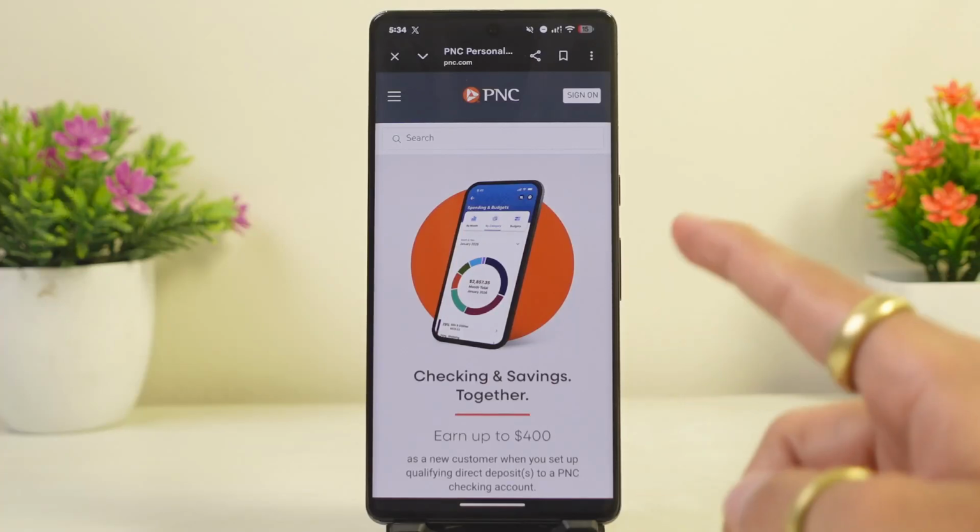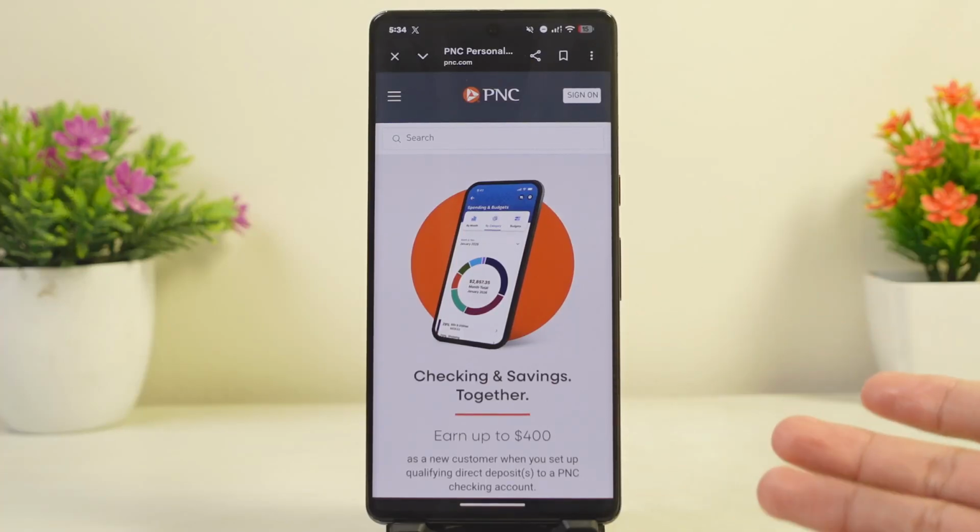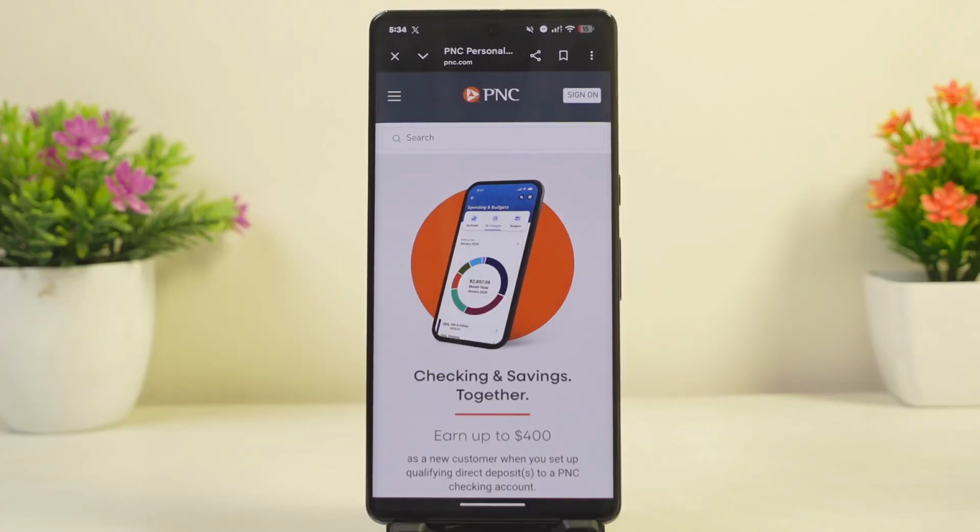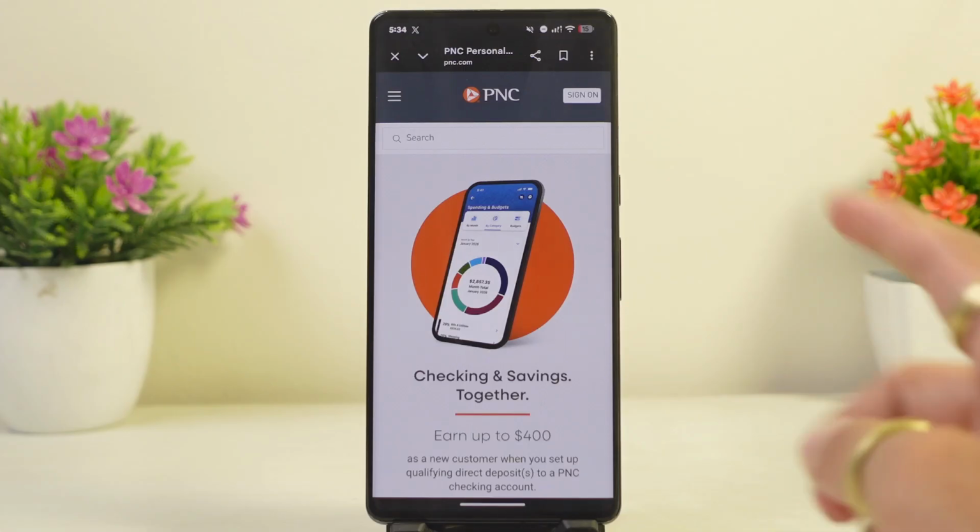How to fix PNC Bank cannot enable alerts. To fix the PNC Bank cannot enable alerts error, first of all, you have to verify your mobile number and